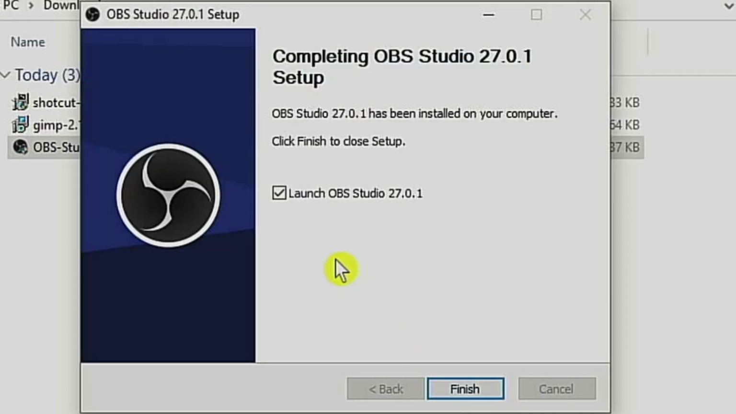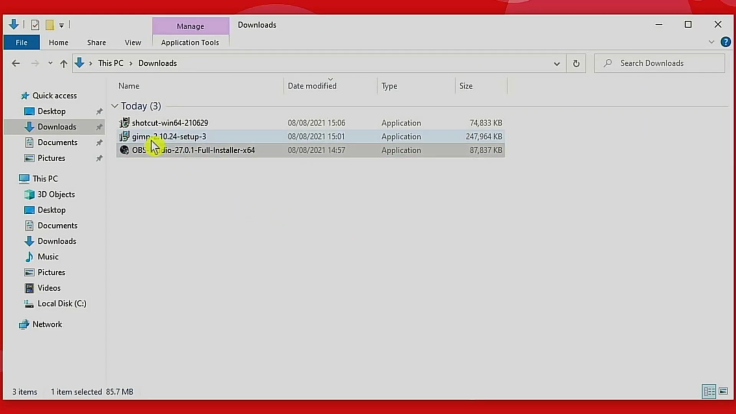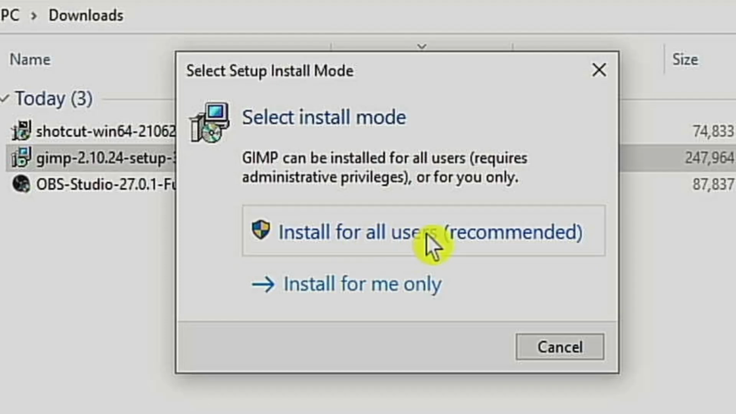I don't want to launch the software just yet, so I'm going to untick the box and then click on finish to close the wizard. Next I'm going to install GIMP. I'll make it available for all users on this computer, which is the recommended option,